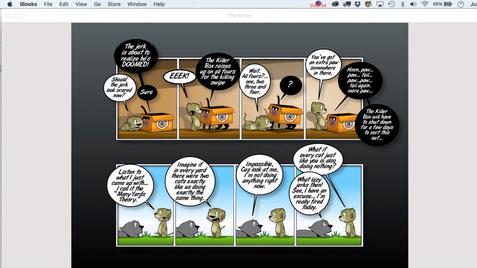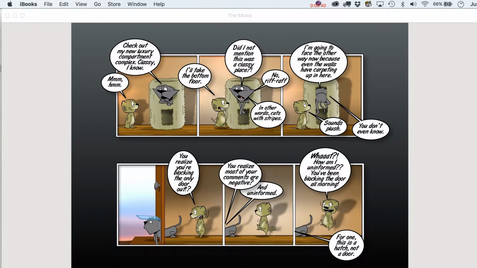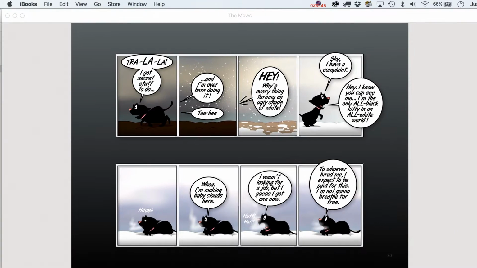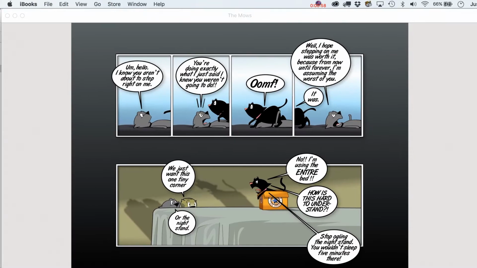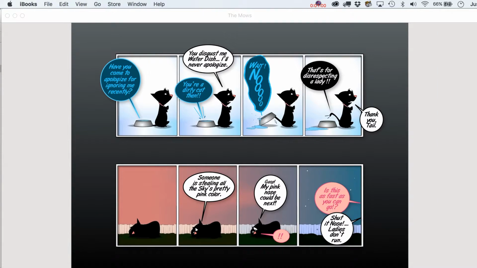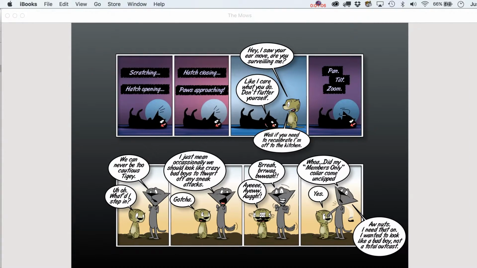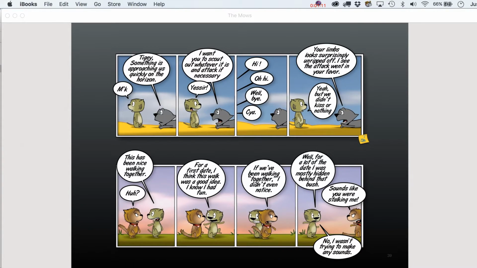Because for many years, I'm just thumbing through some of my old stuff. For many years, I did write a webcomic, and this was actually pre-Twitter, pre-YouTube, pre all the good social media that we've got out there now. So I think I wrote somewhere between 1,000 and 2,000 strips, and I kind of boiled them all down to about a third of that in good ones that I compiled in a free iBook that's in the iBook store, which is what I'm thumbing through right now. So there was a lot of good ones out there, and again, it's free, so if you want to check it out. But I'm going to kind of go over some of the stuff that I thought was funny,